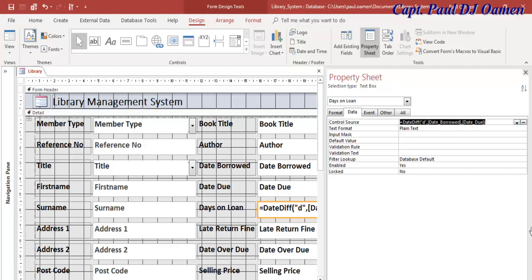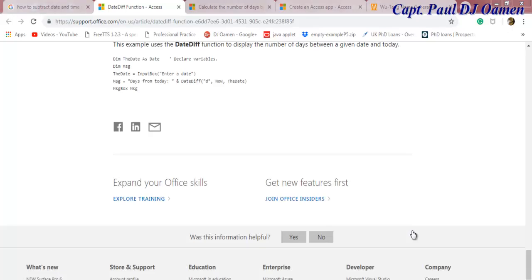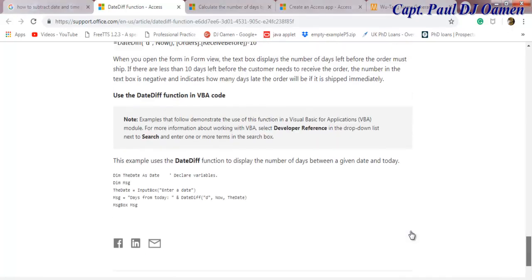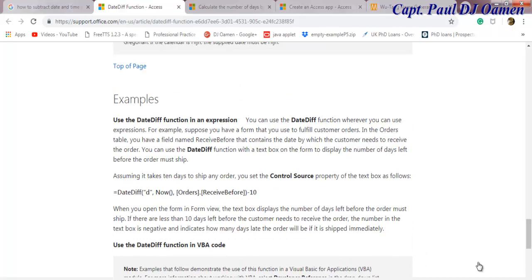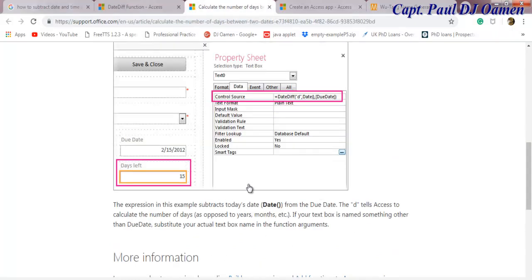And if you want to know more about it, you can always go to Microsoft here. There's a lot of information on what to do. Okay, date different function right there, and there we go. That's the function there. This is the very one that I used. Okay, so you can use that to work out the date. Oh, this is the very one that I used. This very one. Okay, so I'm going to minimize that. And here